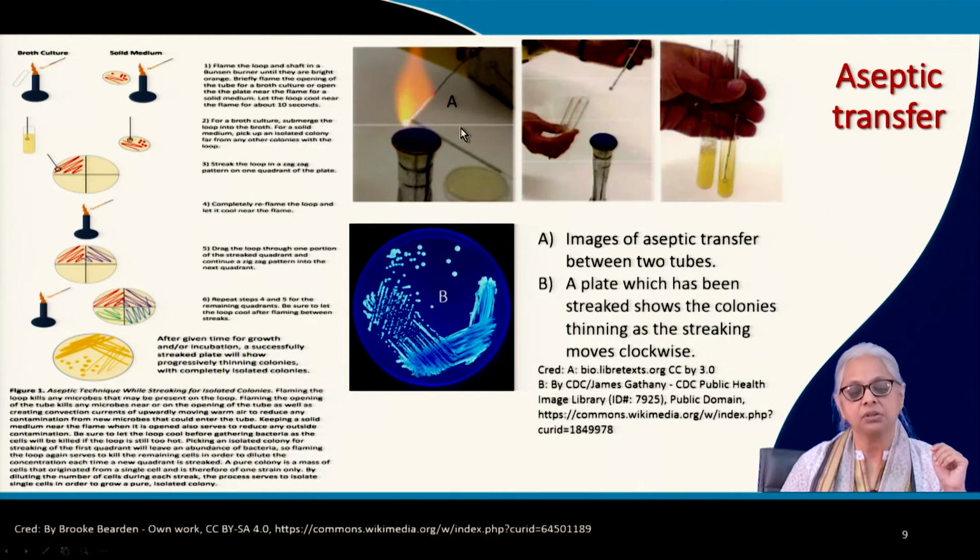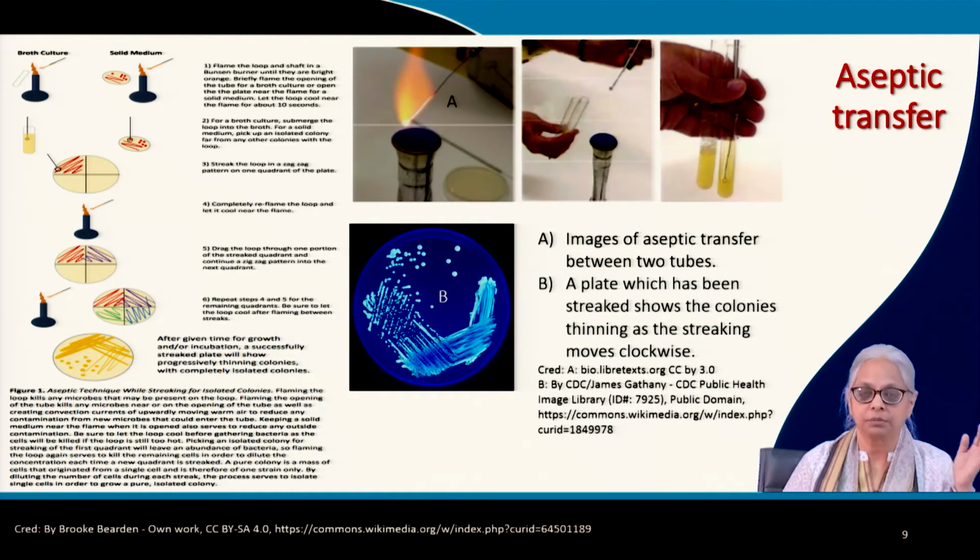So sterilization is done by what we call flame sterilization. So it's a metal loop, you hold it over a flame, everything is assumed to be dead when it is burnt, and only then will you dip it into the growing culture and then transfer it to another sterilized growth media. So that is aseptic transfer. The results are shown over here. There are more details for you to look at if you're interested. And this is how streaking is done.